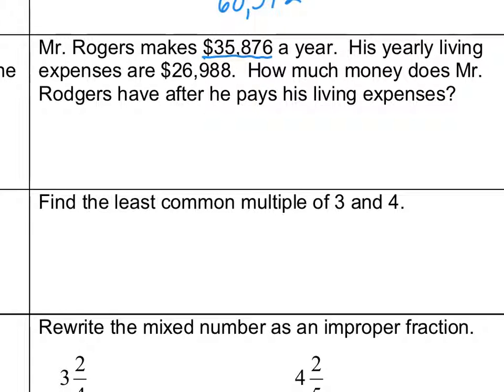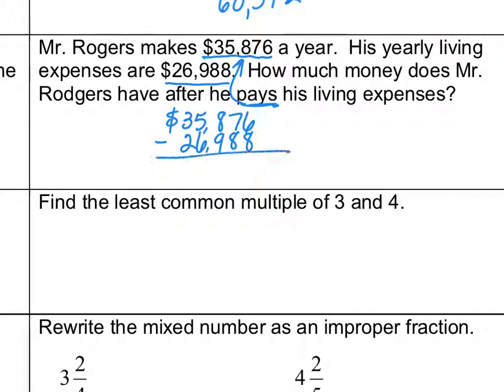Mr. Rogers makes $35,876 a year. His yearly living expenses, that means everything he spends, bills and stuff, are $26,988. How much money does Mr. Rogers have after he pays his living expenses? Well, he pays them. And then we're not going to get to add that. We have to take that away from what he earns. So here we go. 35,876 minus